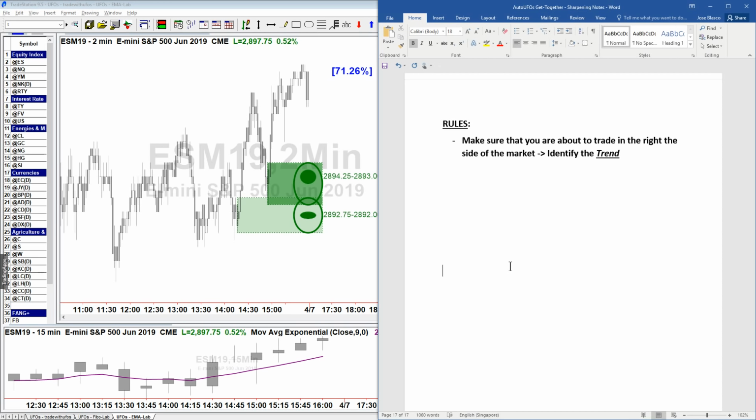And the reason why we do that is because trends tend to last. And because they tend to last, they are likely to produce profits that are greater in the direction of the trend, and therefore losses that are lesser against the trend. So if you were to position yourself against the trend, there are ways on how to do it, and it's not crazy, but this is not the methodology we are discussing today. The first step is to get ourselves out of trouble first, and therefore I am repeating myself one more time because this is such a critical concept. We are getting ourselves out of trouble first by making sure we are going to be on the right side of the market first. Okay?